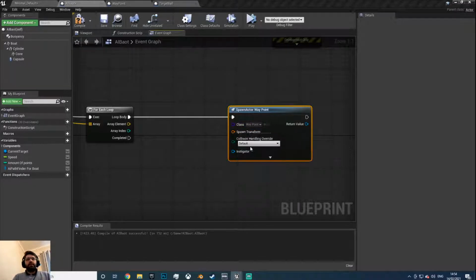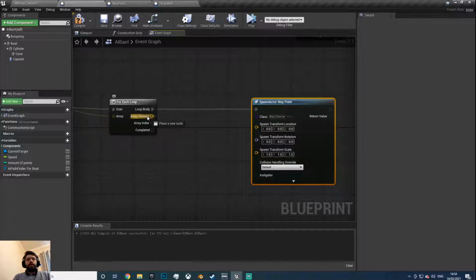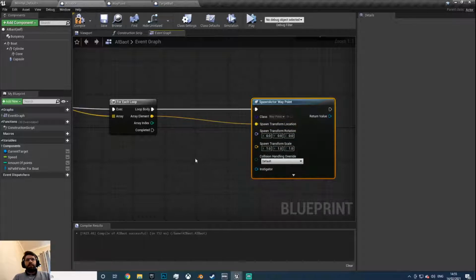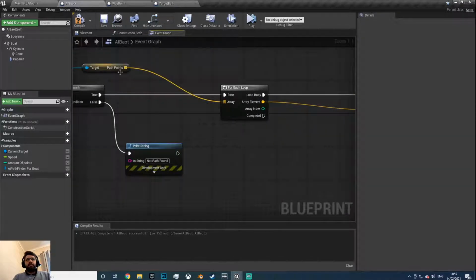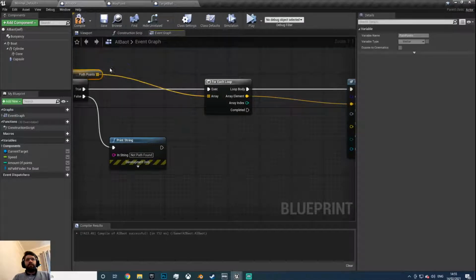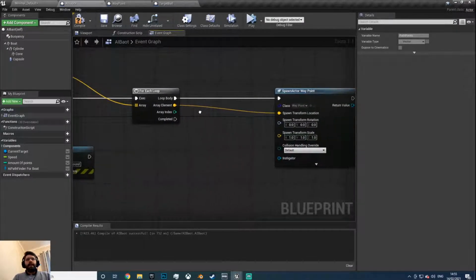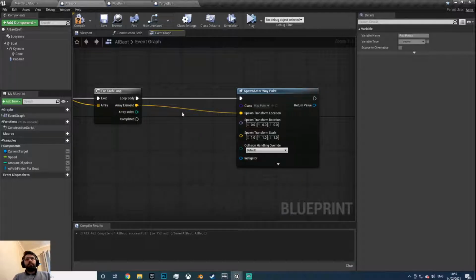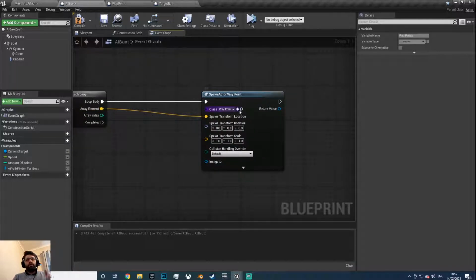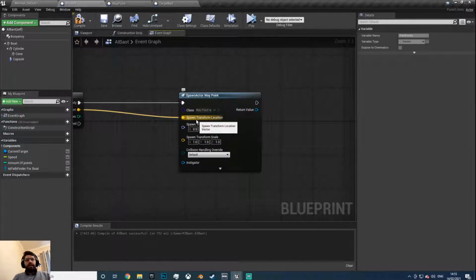So we just need to split the transform and drag off the location of the index of the array, right, which is the path. It's an array of the path points. So if there's 10 points, it'll for each loop, so it'll go 0, 1, 2, 3, 4. So for each one, you want to spawn in a waypoint actor at that location,